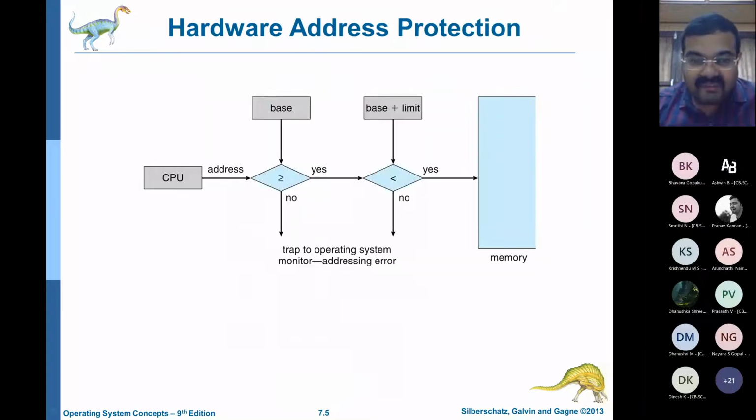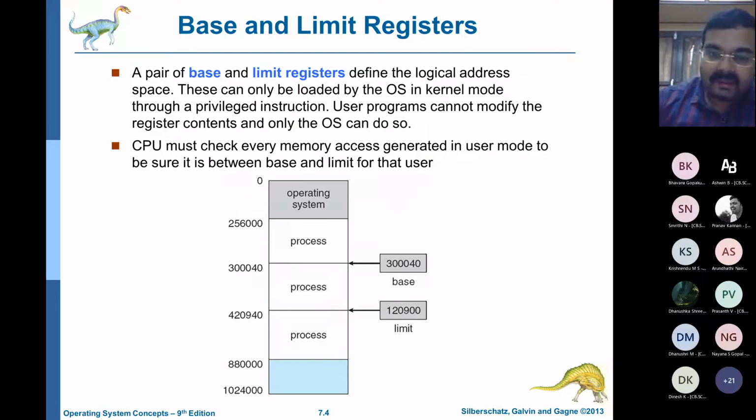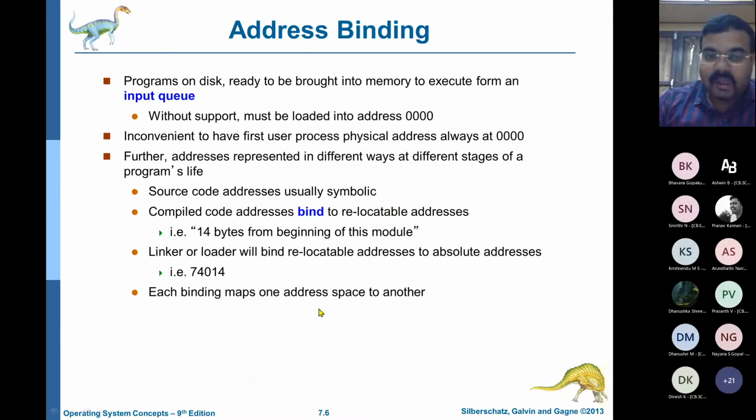So every time a CPU wants an address, which is physically lying somewhere, there is a logical to physical translation. Suppose it wants stdio.h. The base address of stdio.h is given, the limit register is given, and that is how the logical address is translated to a physical address. That is how the operating system actually functions. Every time there is a base address and a limit, you add base plus limit and you get the physical address. This is also known as binding.